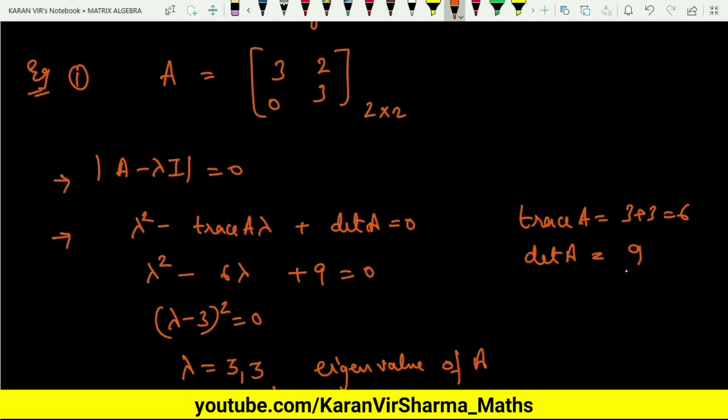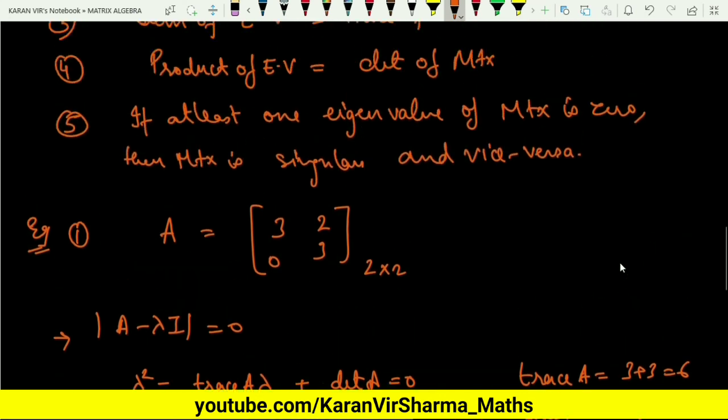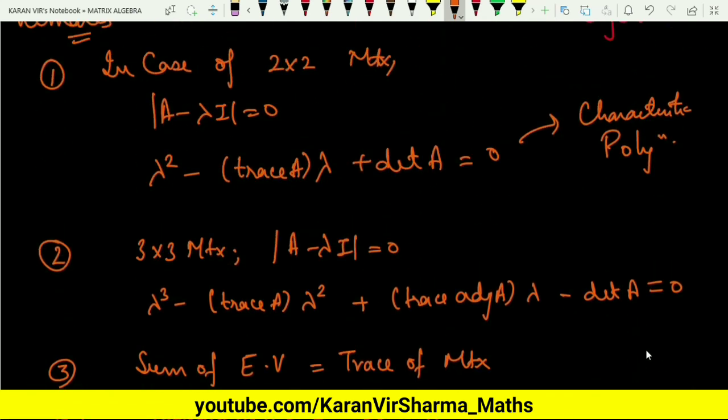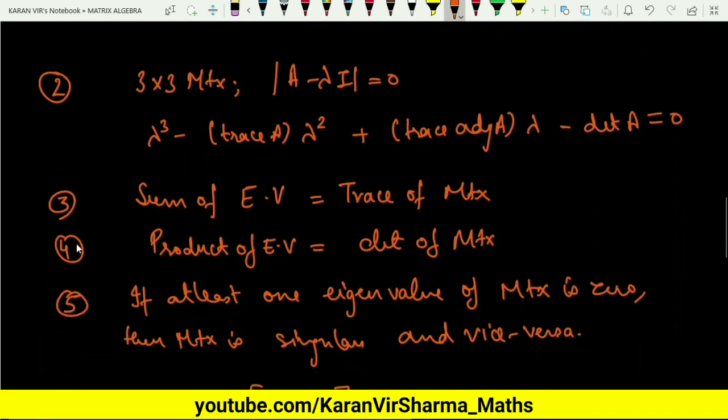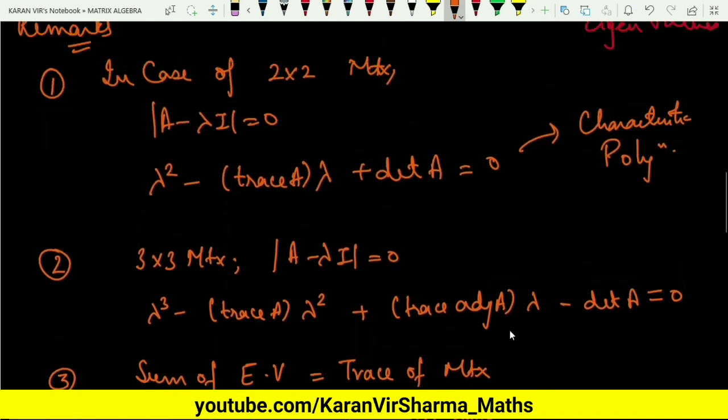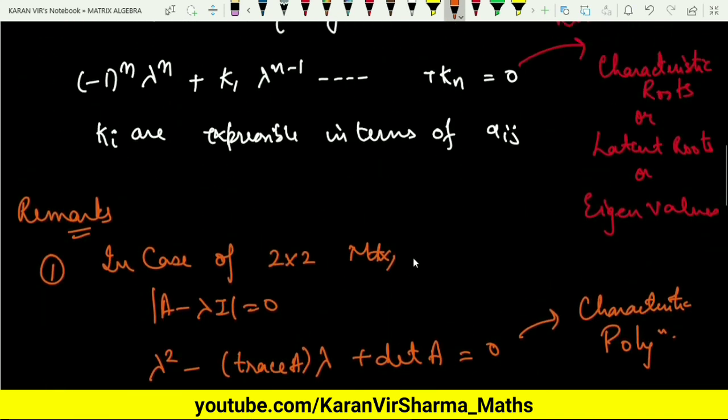So in my upcoming videos now I will be discussing various matrices, various order matrices. How can we quickly find out their eigenvalues using some tricks? So this was something very basic, how to calculate the eigenvalues. I hope you have understood this lecture. You should keep all these things in your mind, how we can calculate the eigenvalues, or how we can calculate the characteristic polynomial in case of a 2 cross 2 system or a 3 cross 3 system. And these results are very important: the sum of eigenvalues is the trace, the product of eigenvalues is the determinant, and if at least one of the eigenvalues is 0, the matrix is singular. These results play a very important role in saving our time even during our exam.